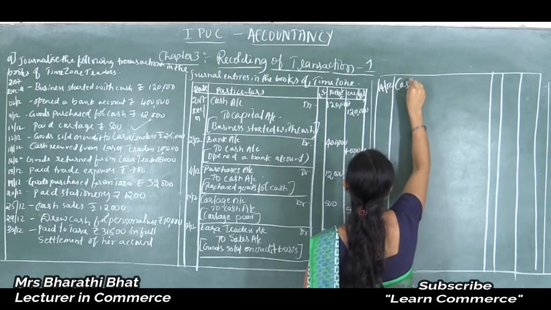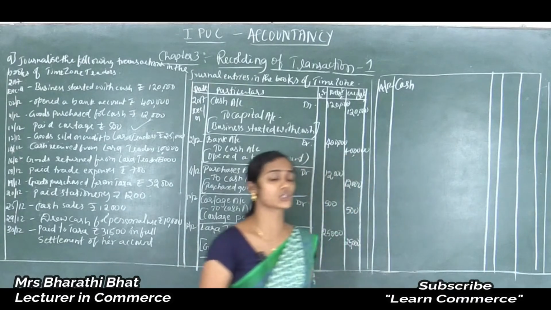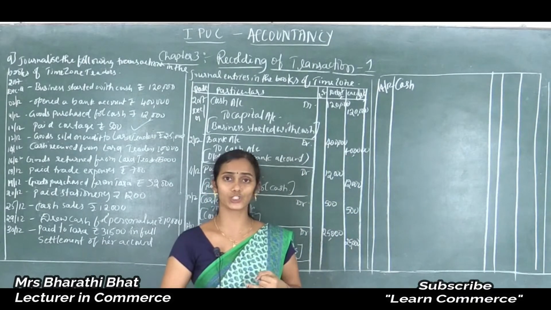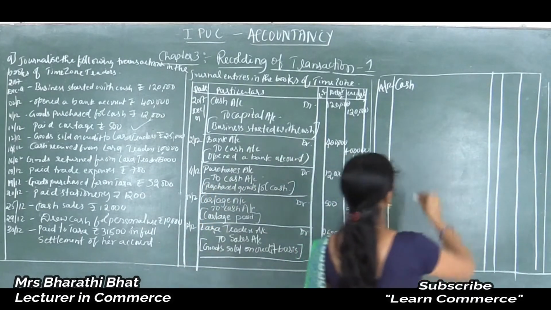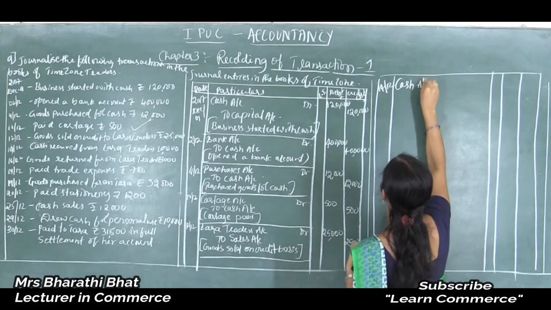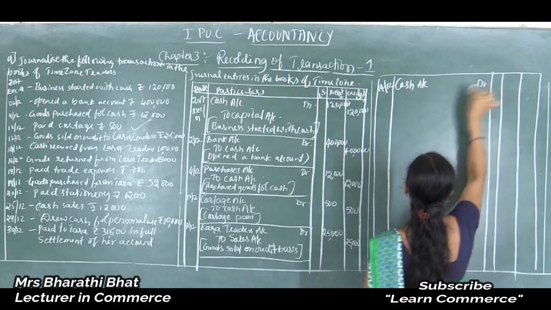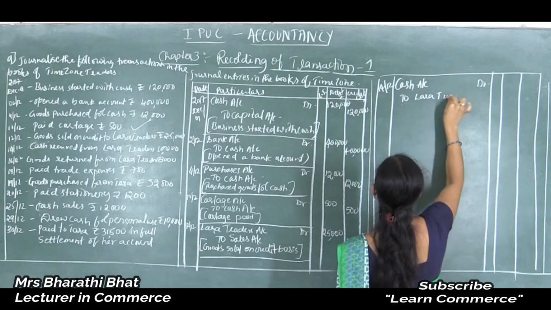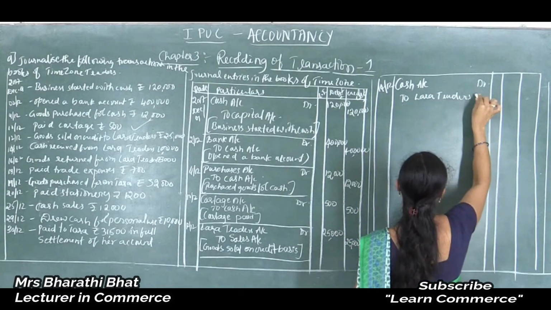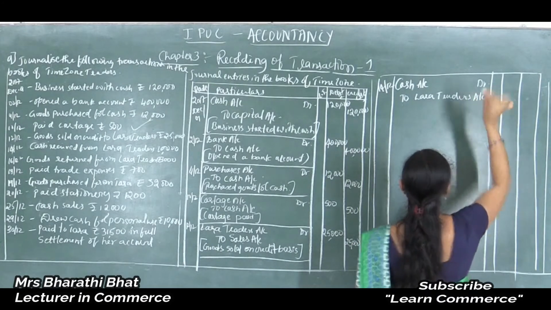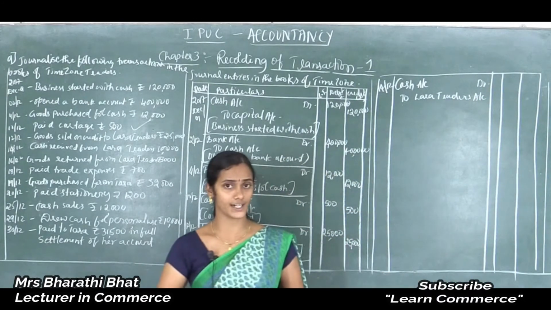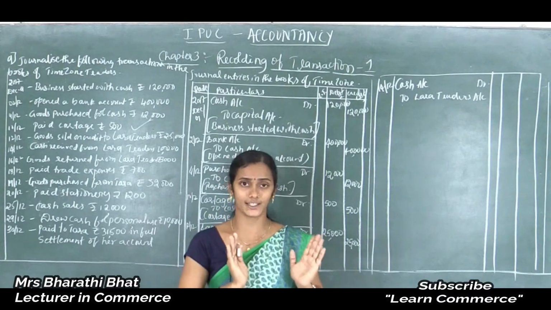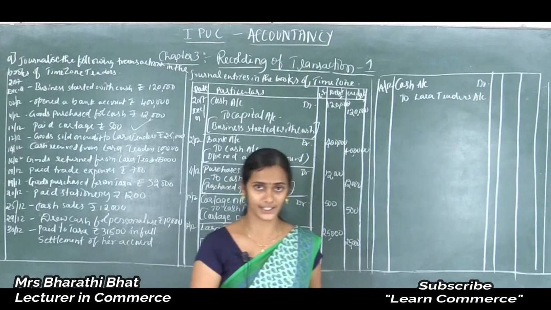Cash received. Increase in asset is to be debited. Our cash is showing increased value. So cash account is debited to Lara Traders account. Why is Lara Traders account credited here? Because Lara Traders is considered a debtor. A debtor always comes under current assets, or assets of the company.